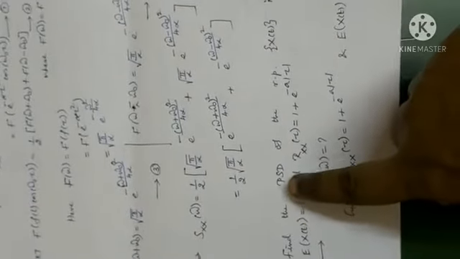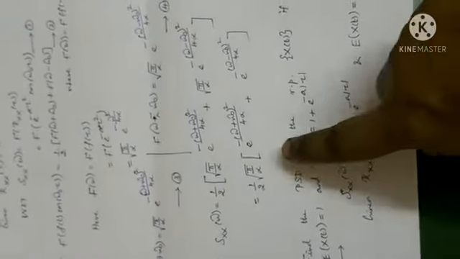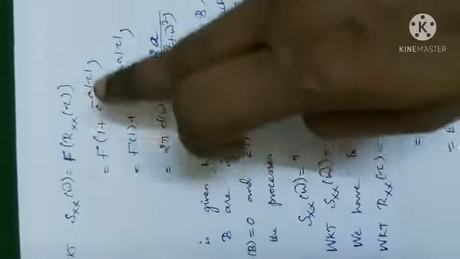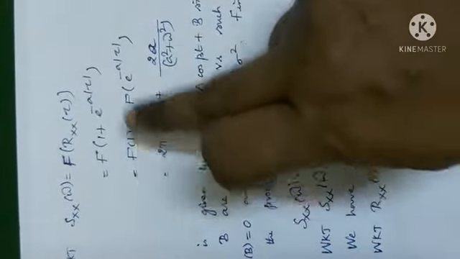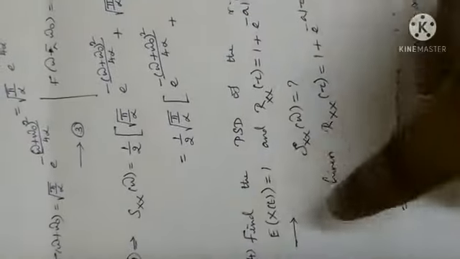You can see the next problem: find the power spectral density of the random process where E of x of t is 1 given, and the autocorrelation function is given. We have to find Sxx of omega. Very easy problem. See, Sxx of omega is the Fourier transform of, which can be written as F of 1 plus this one. You go through the formula list for both, I have given you the formula. Right here, which completes the problem. And I do not know why E of x of t equal to 1 is given, and we have not used it anywhere in the problem. I do not know why it is given. If you know, you tell me, okay?